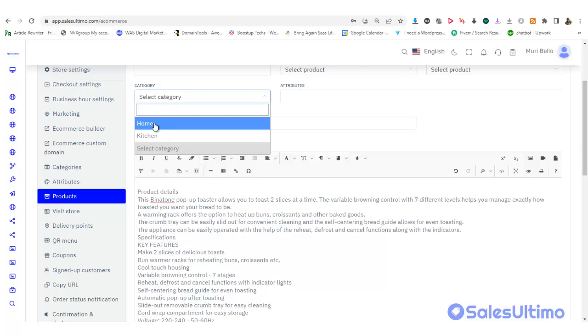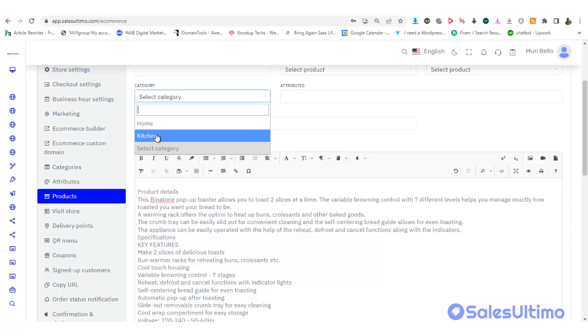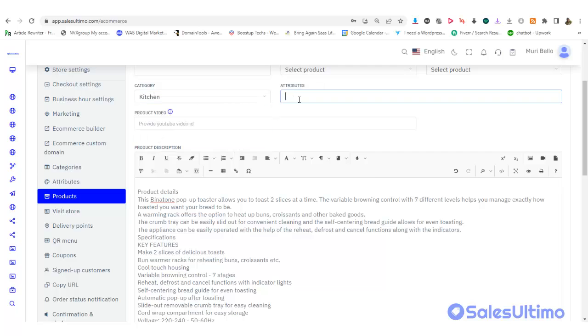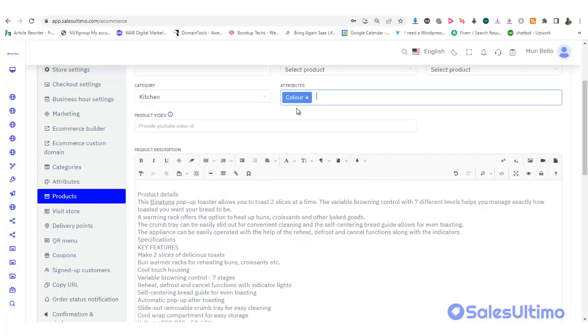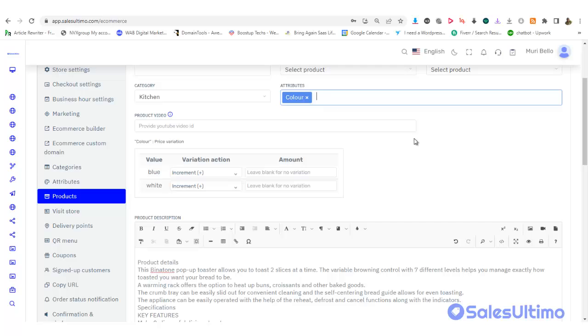Now I can choose category. This item I'm posting belongs to kitchen, right? Yes, I pick kitchen. Then the attribute. Do I want to choose color? Yes. Now, if the color you are choosing is going to increase the price, you can do that now, or decrease the price. Then you put the price here. So if the price is not going to, yes,